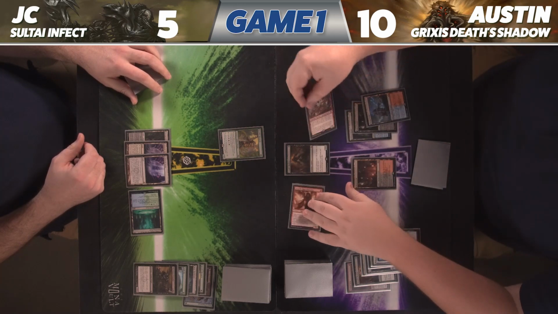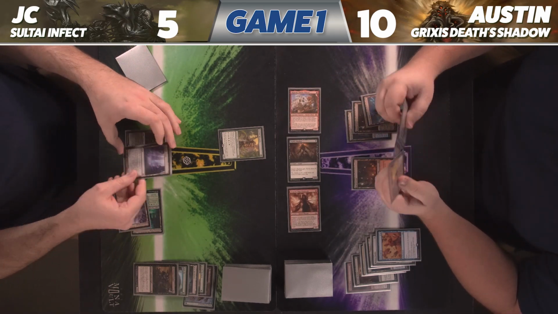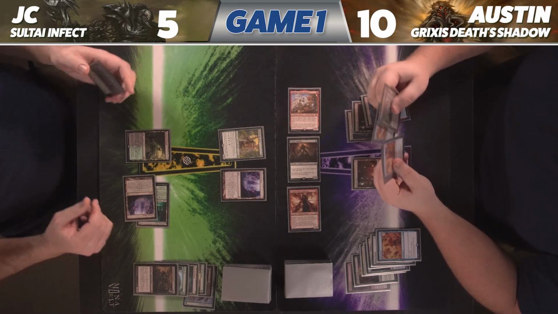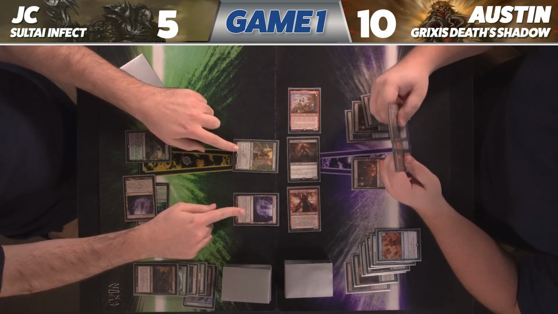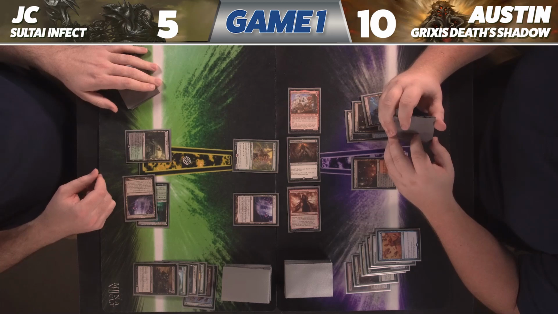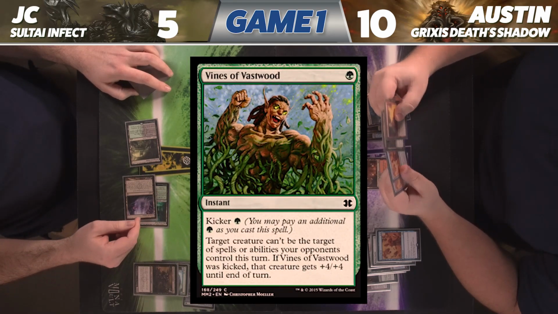And I'll attack with everything. Before blockers, I'd like to animate one of my Inkmoth Nexuses. Whatever the plural of Nexus is. I'd like to move 2 blockers. I'd like to block like so. Before damage, I'd like to pay double green to kick Vines of Vastwood targeting my Inkmoth Nexus